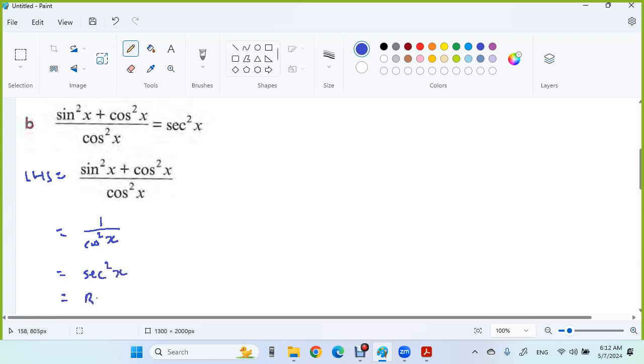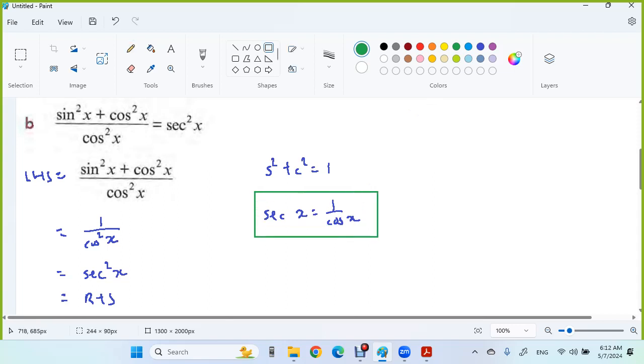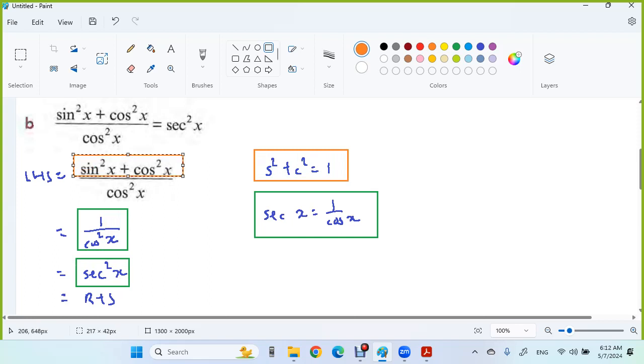That is the right hand side. So the sine square plus cos square equal to 1, and then secant is 1 over cos. Okay, so we have the secant is 1 over cos, and then we have the sine square plus cos square equal to what? And then